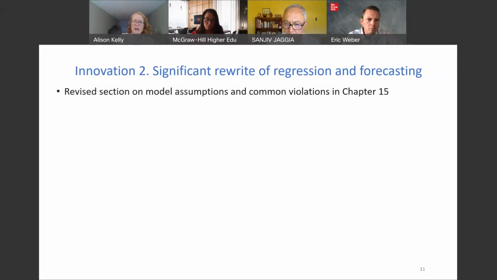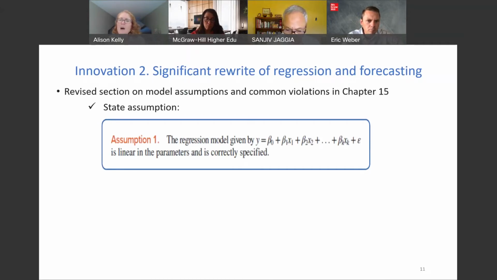So I want to focus here on how we've addressed the model assumptions for the classical linear regression model, or OLS, ordinary least squares. What we typically see, and what we did as well, was we tend to just list the assumptions, maybe explain what they mean. But again, we felt, kind of like the pivot table, that it wasn't a holistic way of addressing the assumptions of the classical linear regression model.